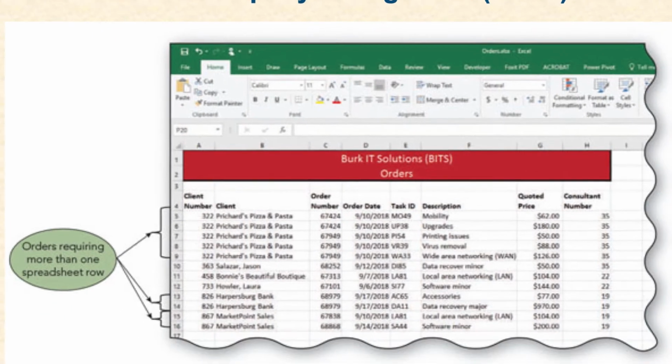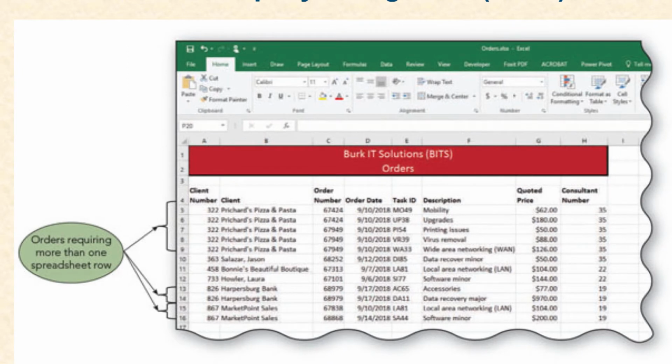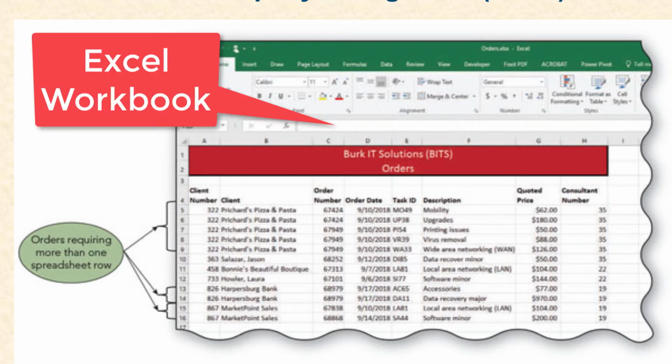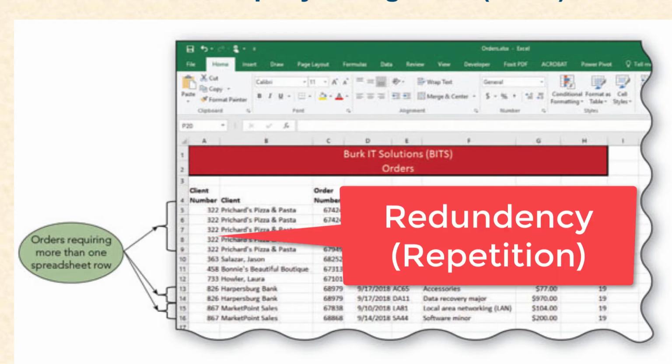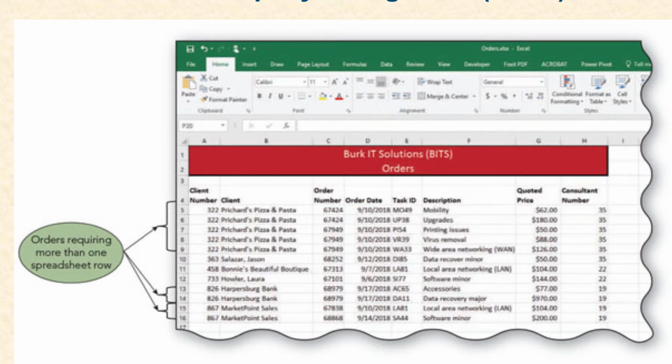In our book, they talk about something called the BITS company. It's an IT solutions company, and they describe some of the problems they're having using Excel. You could recognize that this is Excel here with the green at the top. And they talk about redundancy, and they have some security problems and things like that by using Excel. So they're moving to Access, which is a database program. Now, we're not going to be using Access, but there's nothing wrong with bringing up Access because it'll be similar